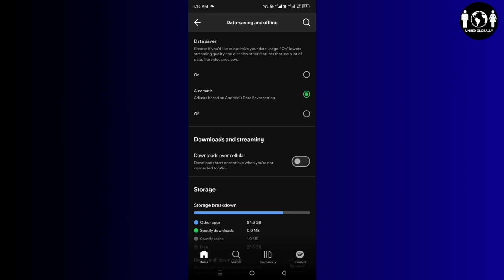Once you click on it, you will see the first option, data saver. Simply turn it off. Once you have turned it off, the issue will be resolved. But let's say it's still there and it is not working, then in that case,